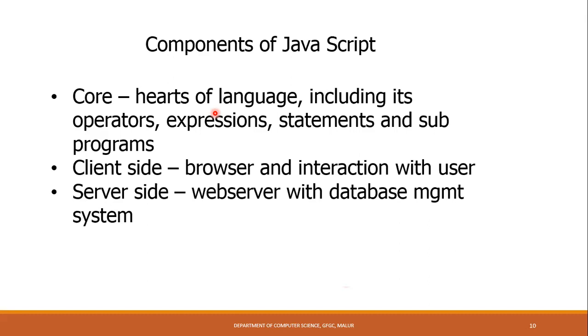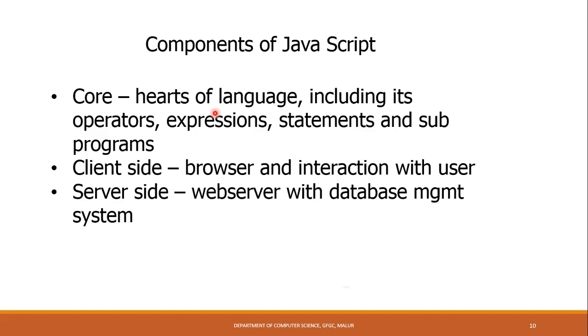Then apart from that, we need to see JavaScript is not an independent language where I can, like a Java program .java, save and execute, or like a C program. JavaScript will always be attached with another language. It can be attached with Java, it can be attached with HTML, like that. So client side, for any validation and verification, we can attach this program with our HTML document. So those kinds of programs we call client side.